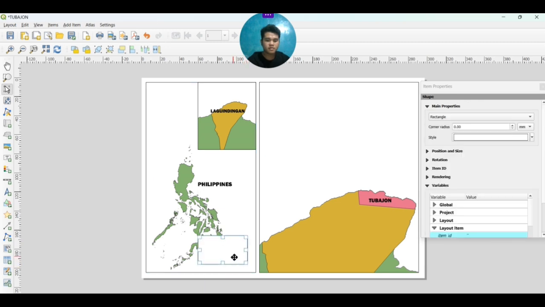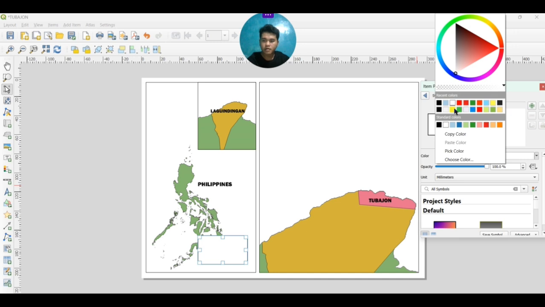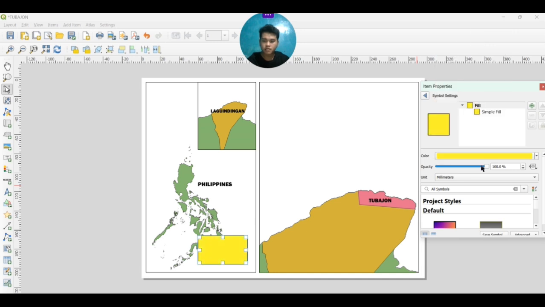Then click for the style, and then click for the color. In my case, I just want yellow. Adjust the opacity so it gets lighter. Then place it in this manner.